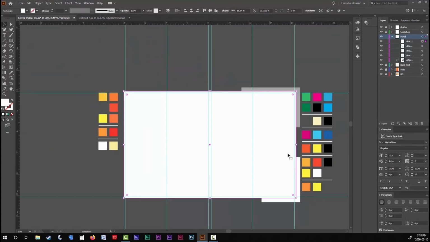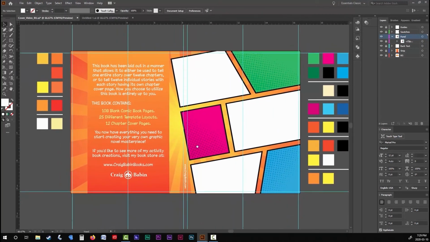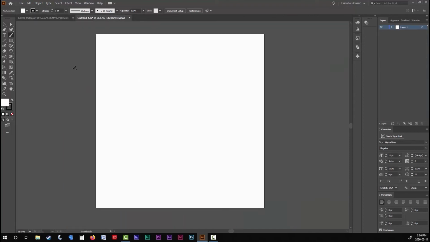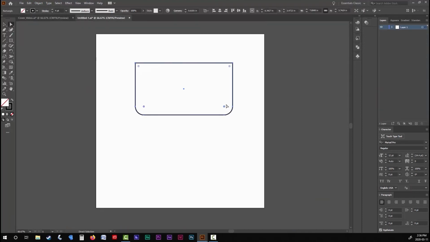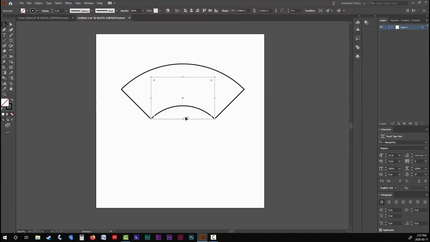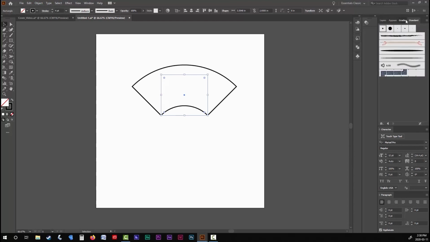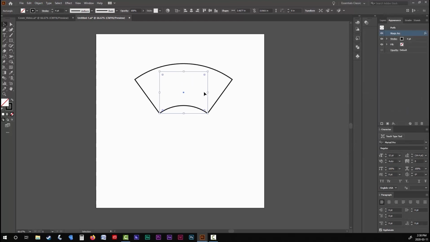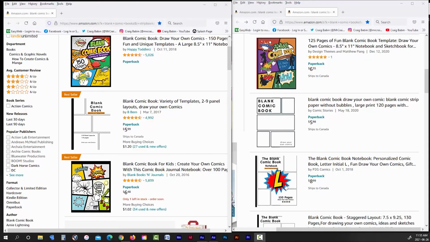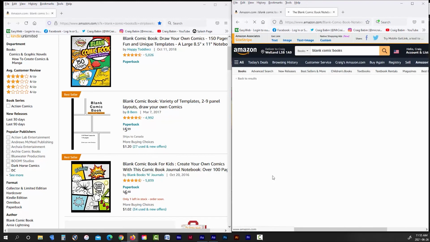There's way more competition today than there was back in 2016. And if you want to compete, you're going to have to stand out from the rest. There is no shortage of books that are trying to copy the big sellers. The Amazon marketplace is full of them, and most of them are not selling very well. This book here is almost a direct copy of this big seller from 2017, and it was uploaded in 2018, just 1 year later, and it's barely selling at all.